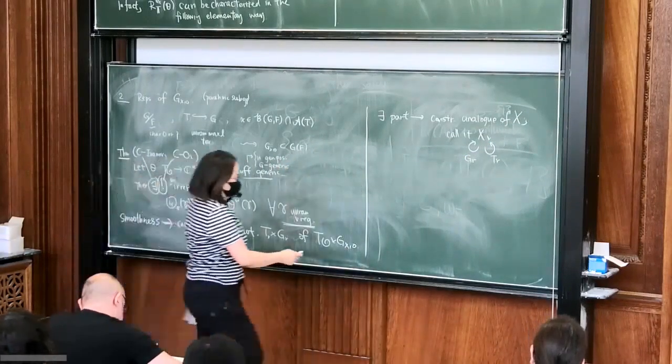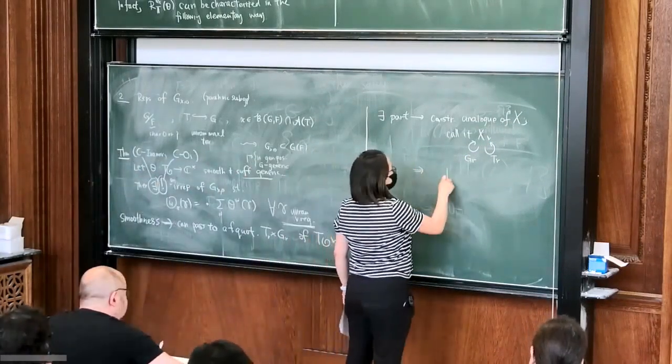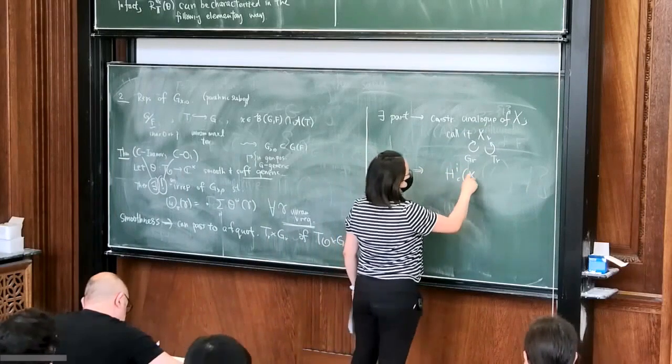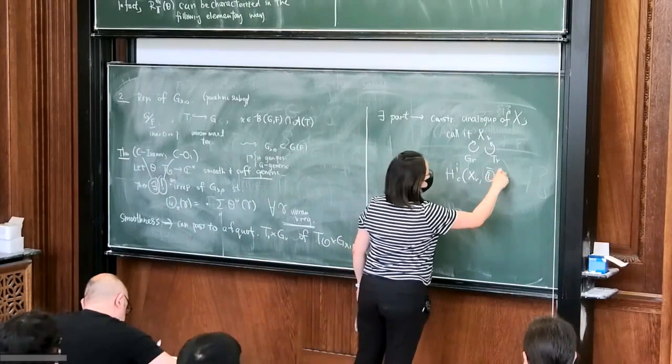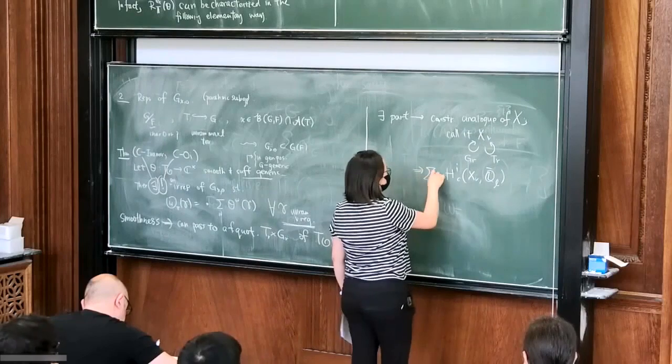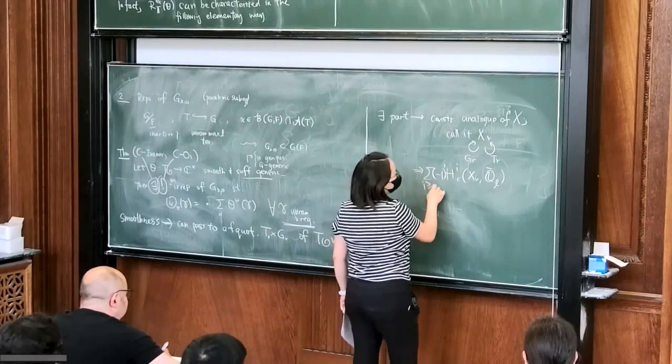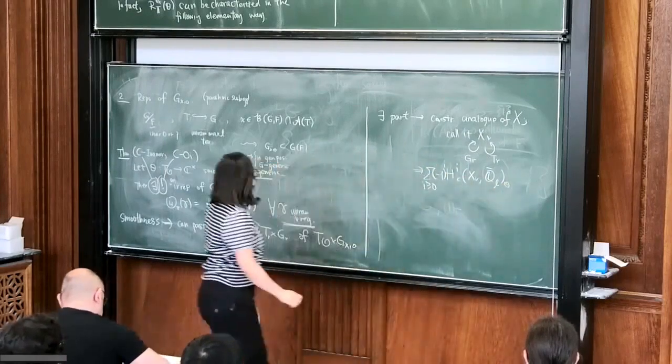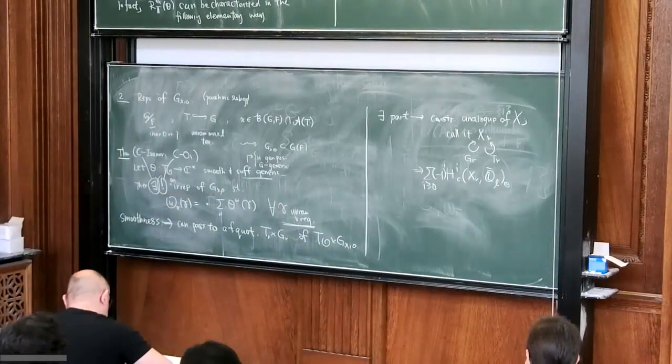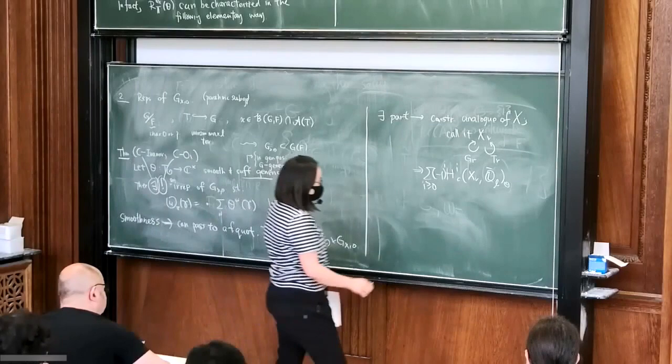And therefore, by considering the cohomology of this and looking at the part in this cohomology where the tr acts by this sufficiently generic character, then I get an irreducible representation